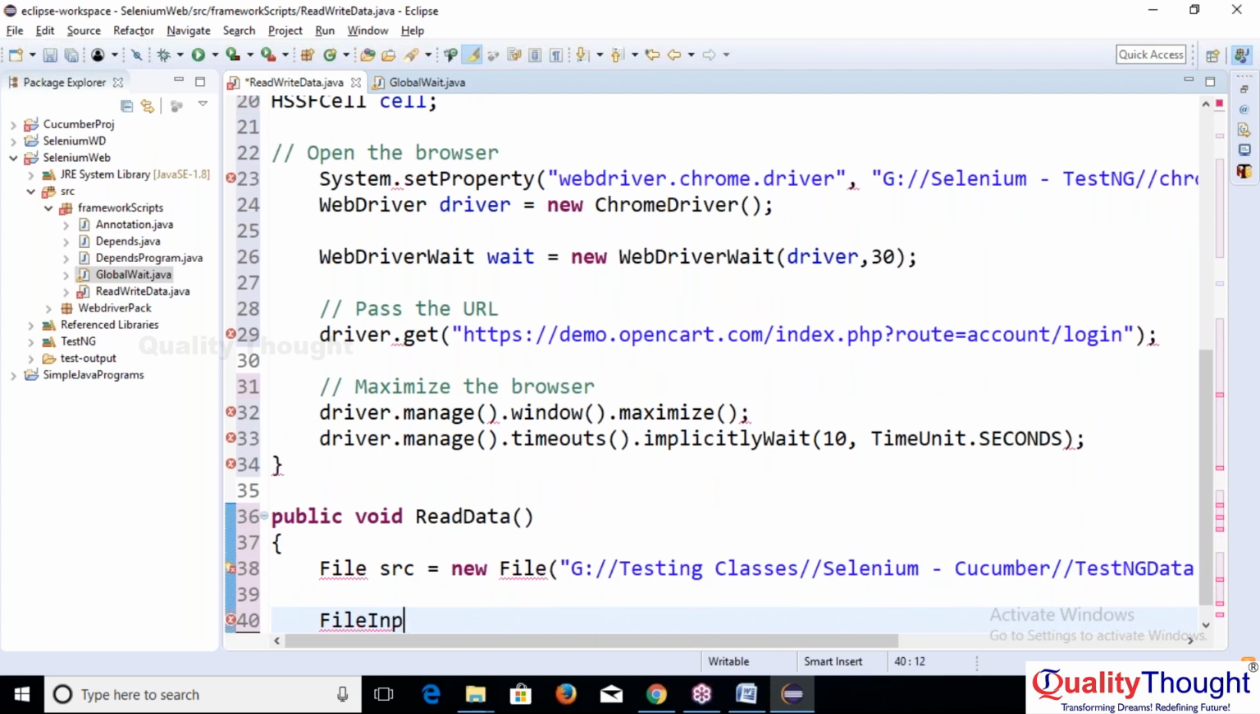in yesterday's session. File input stream, F input is equals to new file input stream. So from where we are loading the file means src,